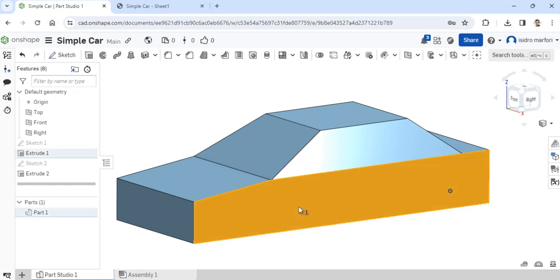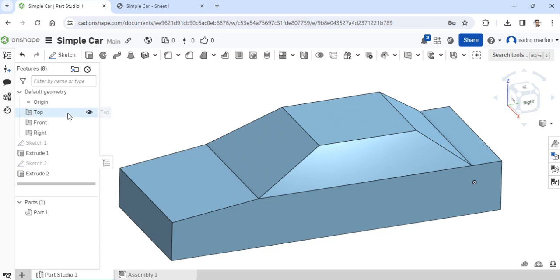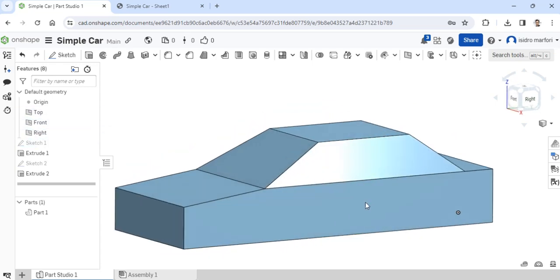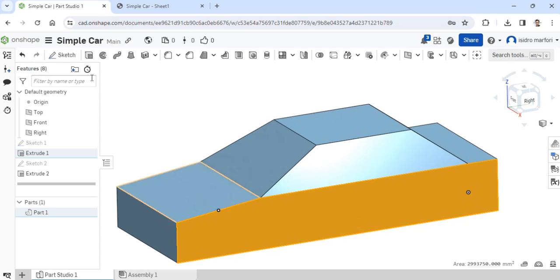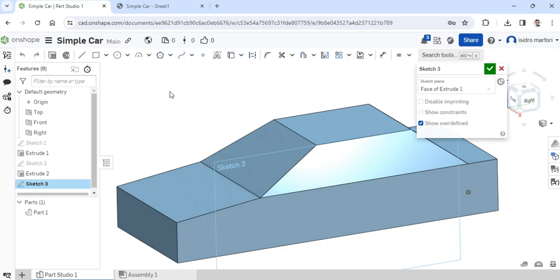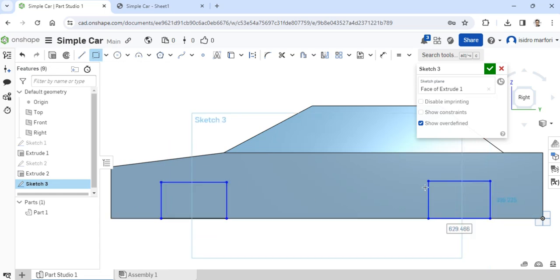In my case, I am going to make two rectangles here. I'll simply select the surface here. In Onshape, aside from your top, front, and right plane, you can also make sketches on any flat surface. So I'll make a sketch right here on this side. I tap on that, select the sketch tool, and again make it facing me, and then make two rectangles right here, and another one here. And from there, make some dimensions.